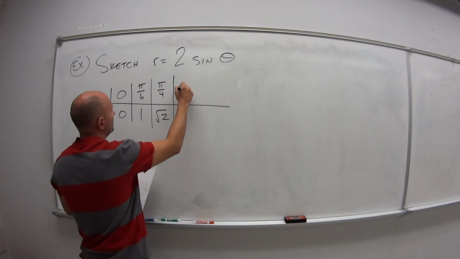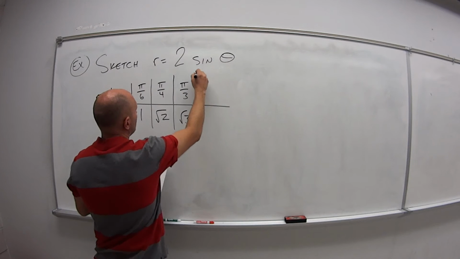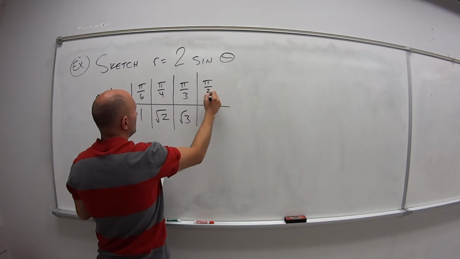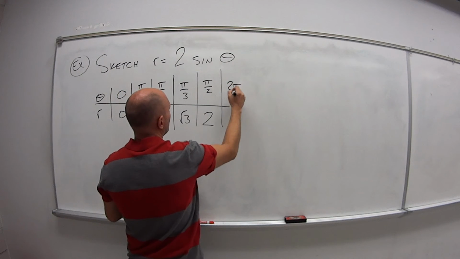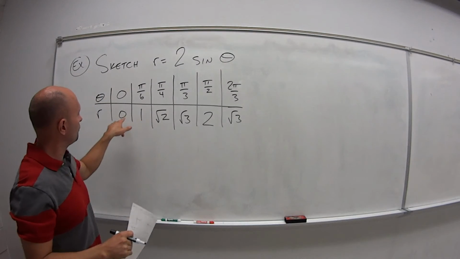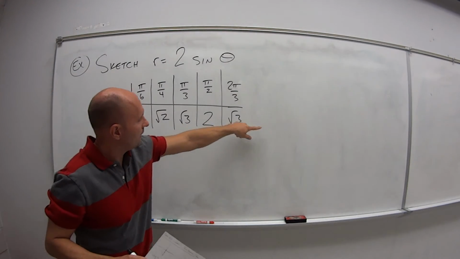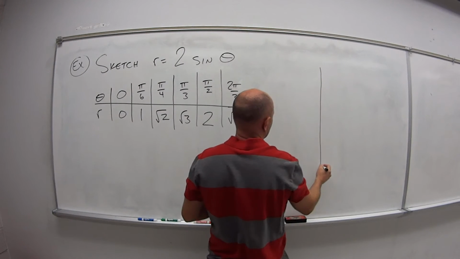I can keep doing this. If I have pi over 3, I get square root of 3. If I get pi over 2, I get 2, and so forth. 2 pi over 3, square root of 3. So you can see the numbers went from 0 up to 2 and then are coming back down. So if I try to graph this,